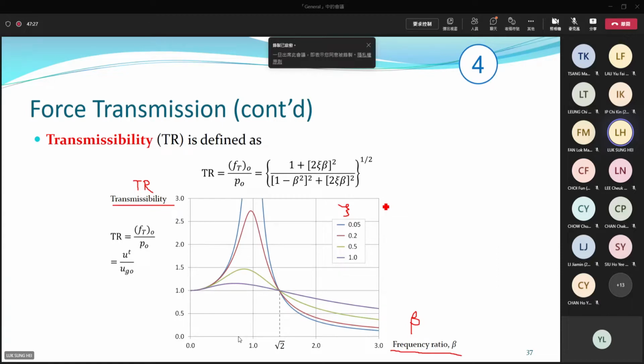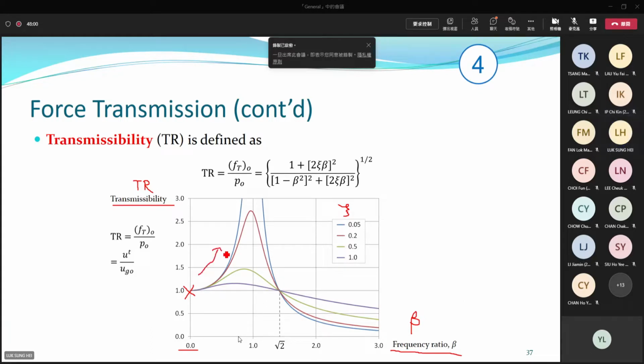And again, you can see that at the beginning, when beta equals 0, it seems that TR is equal to 1. That means the first point with beta equal to 0 indicates static. The loading doesn't oscillate, which means static situations. For static situations, equilibrium, force should be equal. That's why the factor is equal to 1. It makes sense. When beta increases,